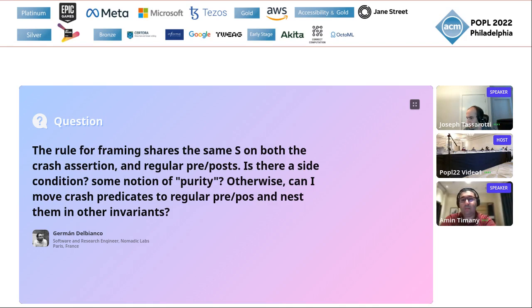I have a semi-technical question. I wonder, have you had to deal with non-fixed linearization points? I wonder how that interacts with crash safety. Yeah, so we do handle non-fixed linearization points. In particular, we can handle helping patterns where another thread carries out the linearization point on your behalf.